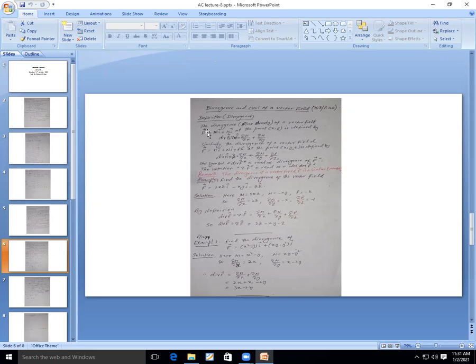First, consider a vector field f in 2 dimensions, which will be equal to M i vector plus N j vector by definition, at the point (x, y), which means that it is in 2-space. The divergence, also called flux density of this vector field, is defined as